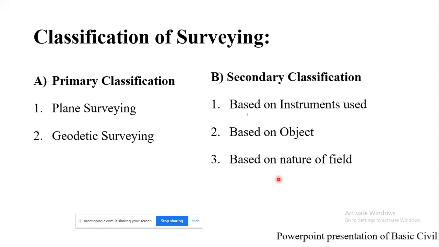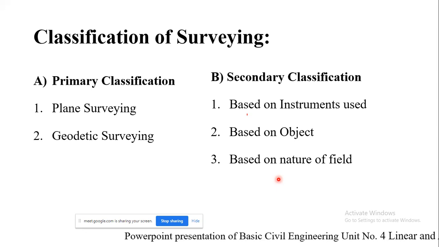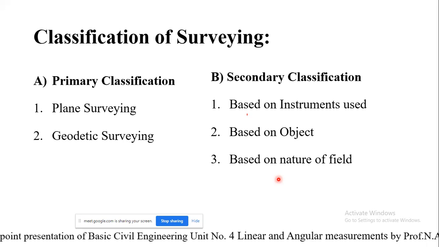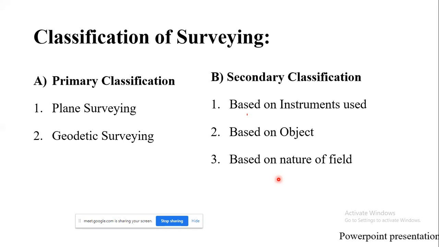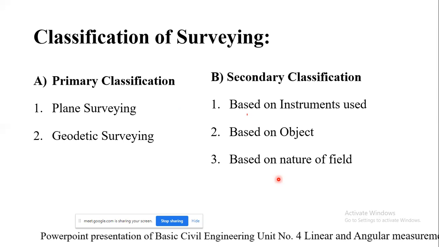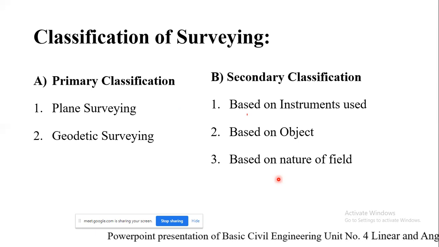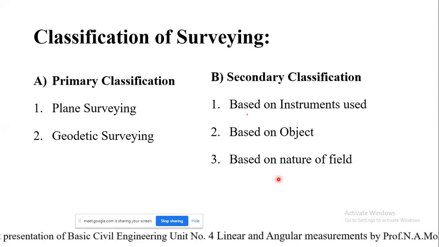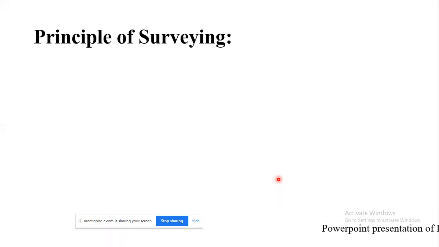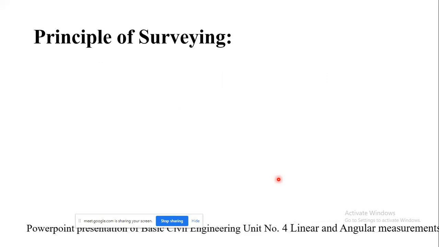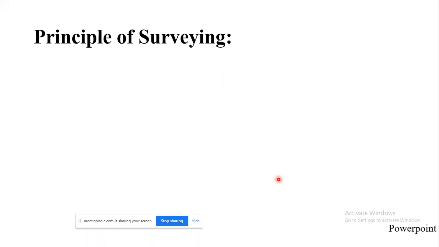It is given by the local authority, and it is unique. It is not copied to any second place. So it is city survey. The next one is engineering surveys, which are carried out in order to draw up road survey projects, and for railways to do the alignment. So this is the classification of surveying, that is primary and secondary classification. Now we know what survey means, what the use of survey is, what the classification of survey is, and what instruments we are supposed to make use of during surveying work.